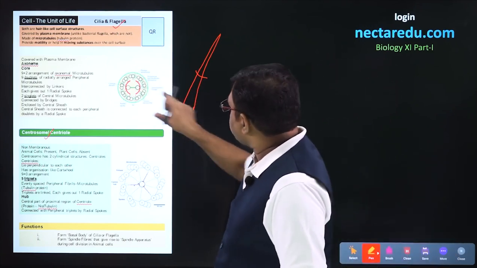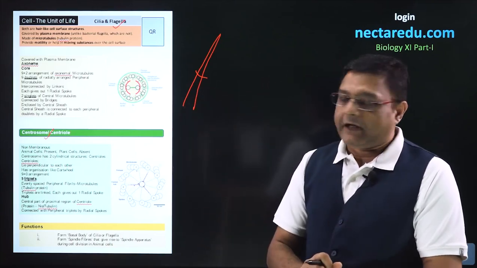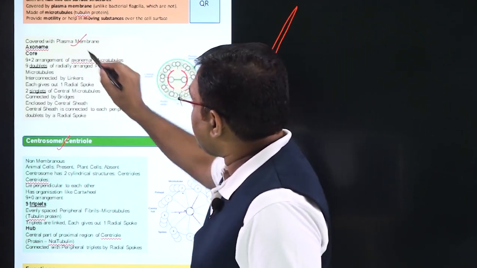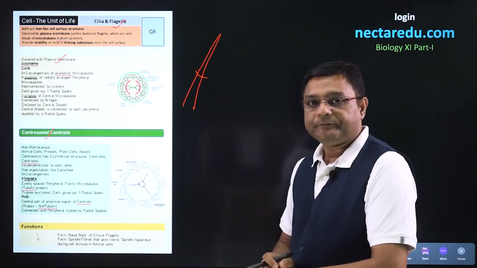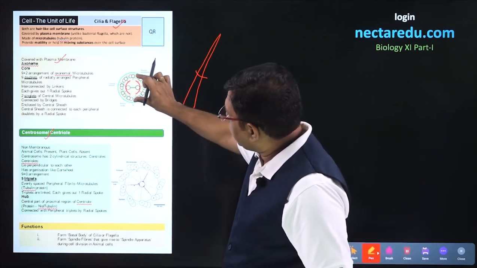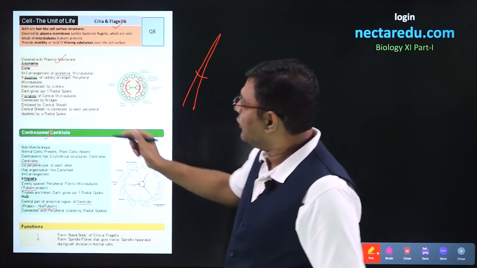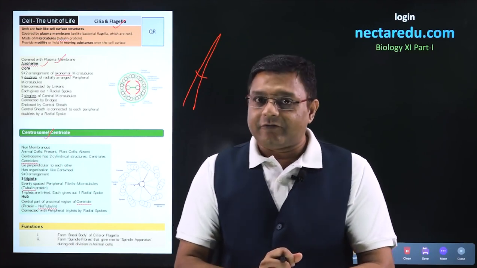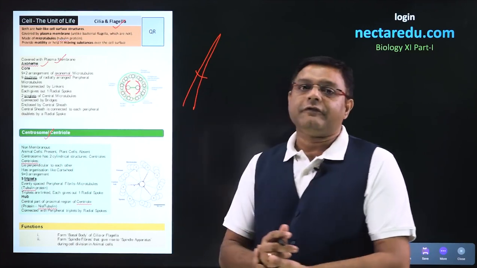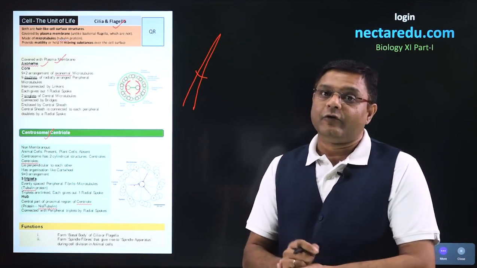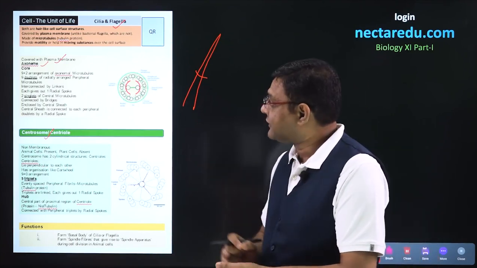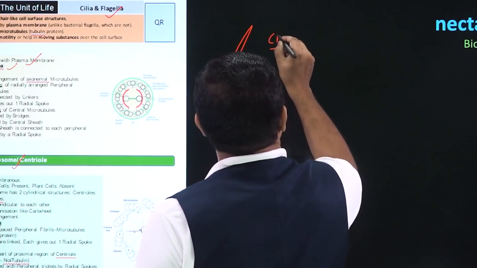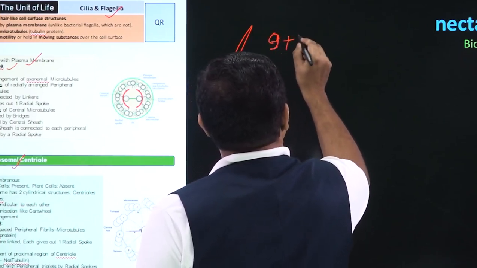Now, the outer surface will be enveloped by plasma membrane. So, we can say that this outer layer is what? It is the plasma membrane which is covering this flagella. Inside the plasma membrane, all the core, it is known by the name of axoneme. Now, if we look into the structure of axoneme, then it is made of microtubules, and the structure of microtubules will be 9 plus